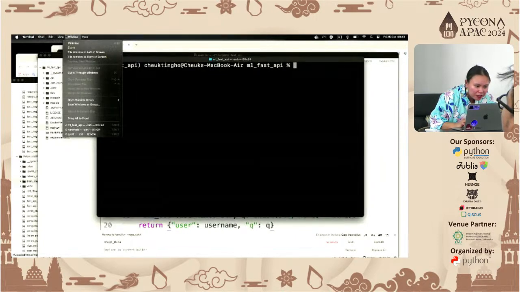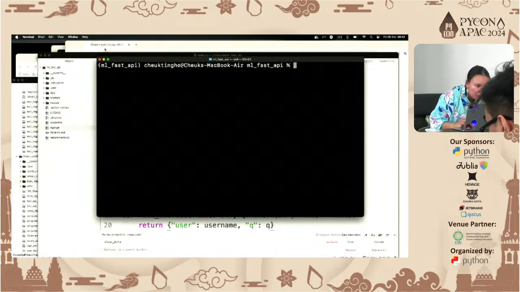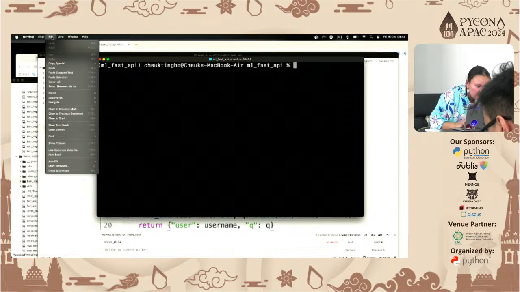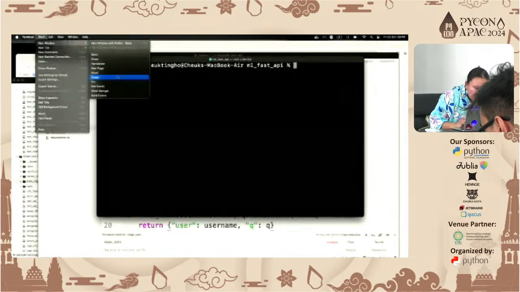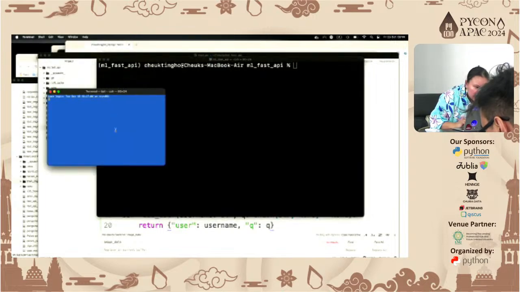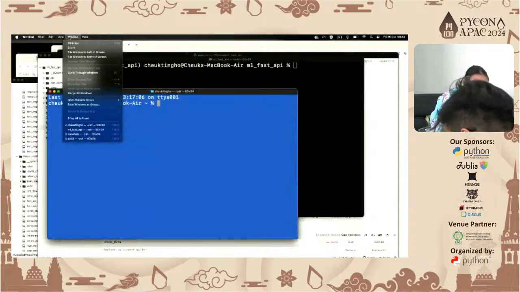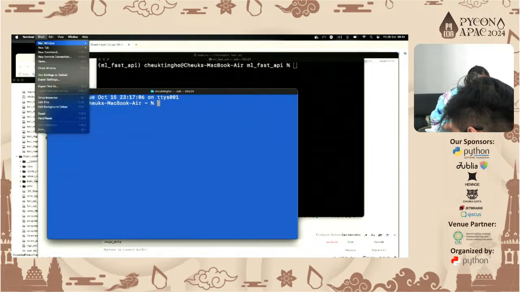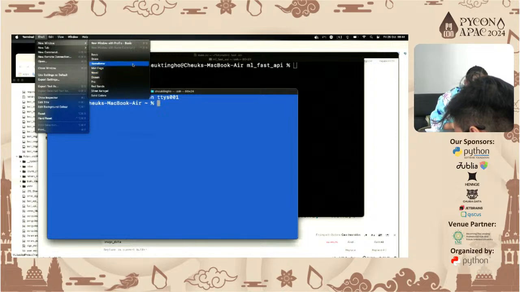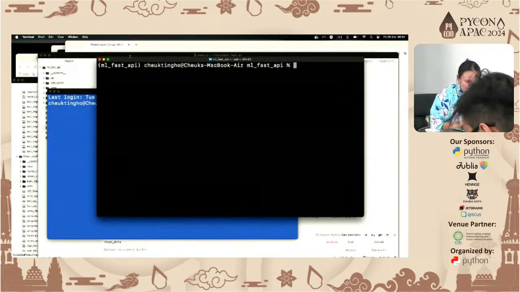Yeah, I think I have to open a new one. New. Oh, it doesn't let me go new. Yeah, new window. Let me open a. Is better? Maybe blue is better. No, it's not. Which one do you want me to use? Choose one. Huh? Black is fine? You sure? Okay. So